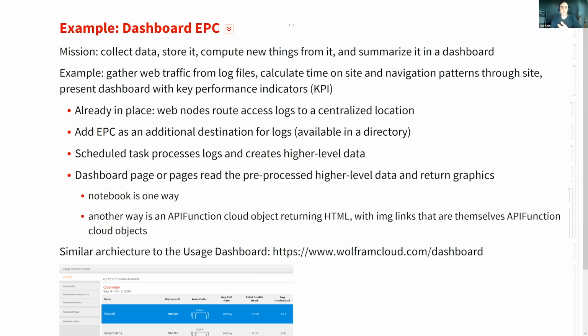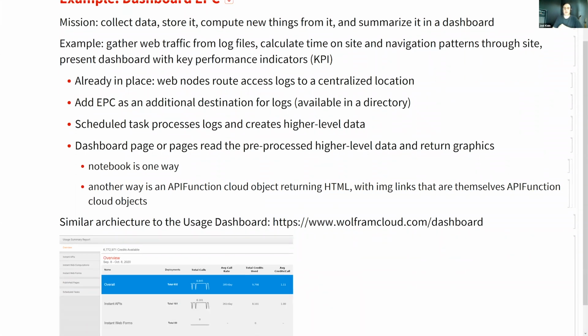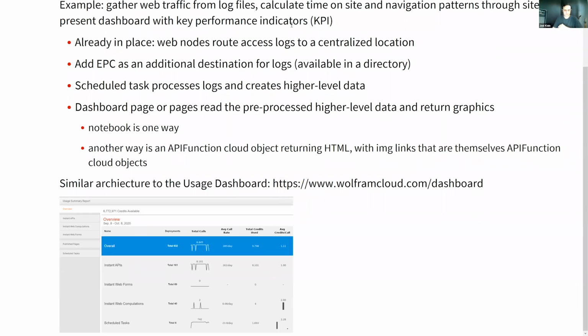Maybe derive some information, maybe do some binning or some deltas, maybe clean some things up, or maybe reject some information, sort of blacklist some information that we know is test data that we don't want showing up in our dashboard, some things like this. And then at the end, in the visualization part, you have a page that's showing the results of this. So it could be a notebook, or it could be an HTML page that shows